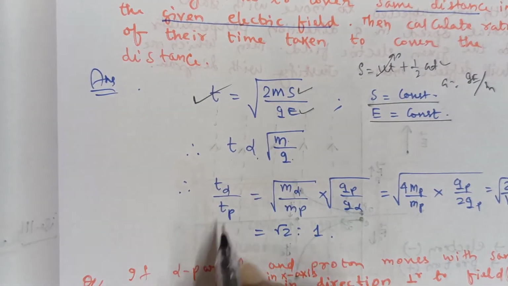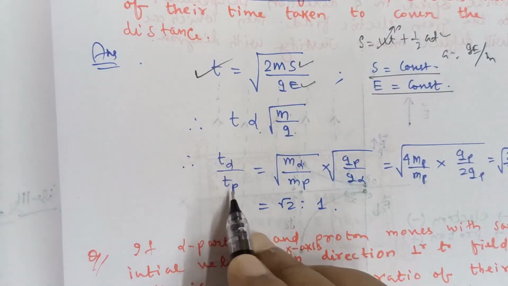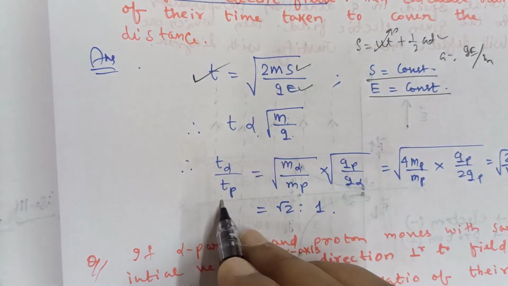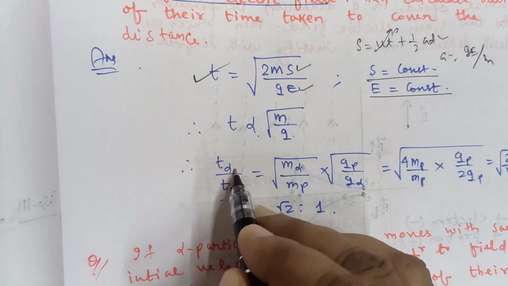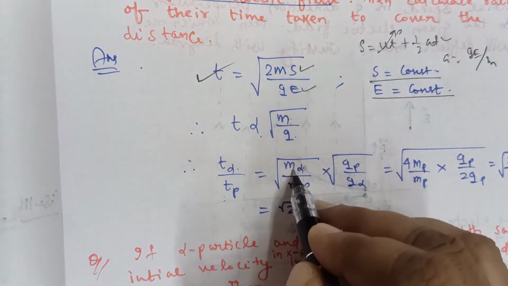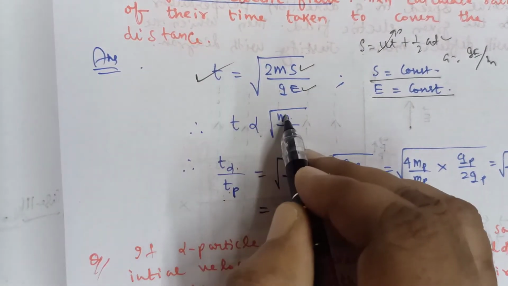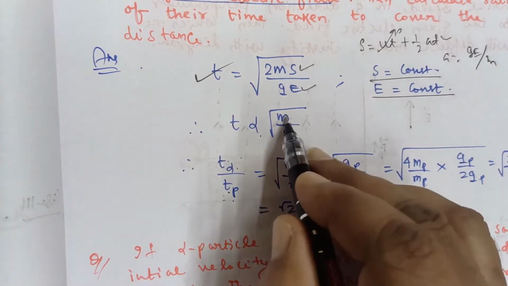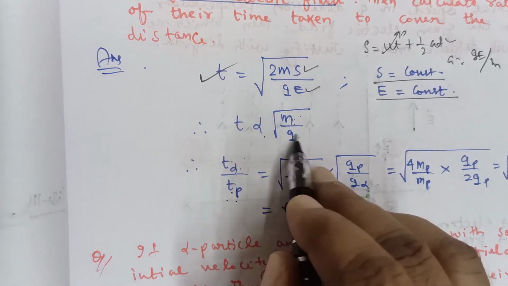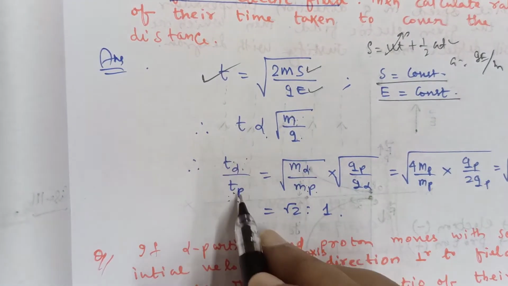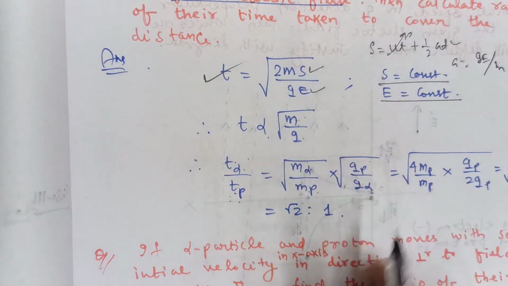If you compare T alpha by Tp, because the question's first part is alpha, that's why I have written T alpha, then write Tp. If you use this formula, you see time increases with increasing mass. If T alpha is upper, then M alpha will be on the upper side. Similarly, T proton and Mp. So T is proportional to root m, which means T alpha by T proton will be root over M alpha by M proton. Similarly, time and charge are inversely related. So T alpha by Tp will be reversed: root over Qp by Q alpha.